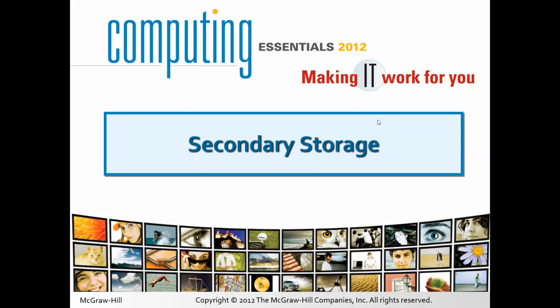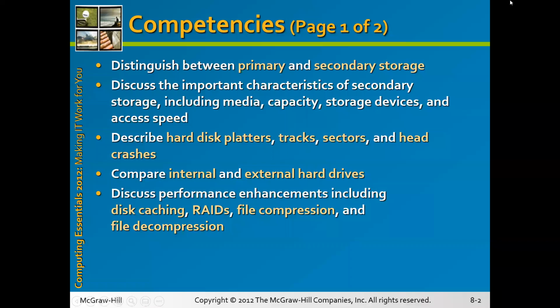Hello everyone, welcome to your lecture on secondary storage and specifically on secondary storage devices. In this lecture, we shall distinguish between primary and secondary storage. Our major focus is specifically on secondary storage, as in the previous lecture and the previous week, we already talked about